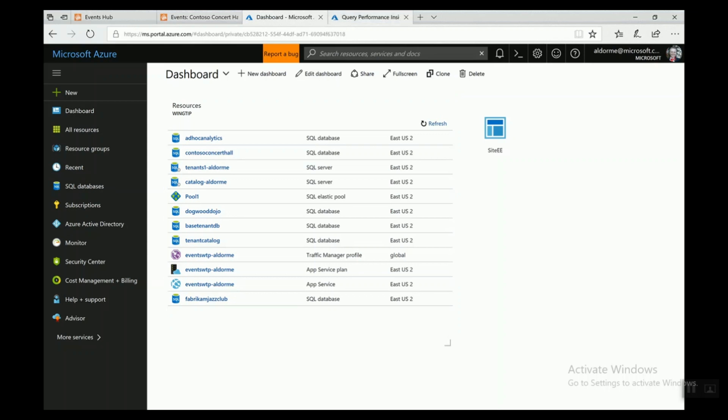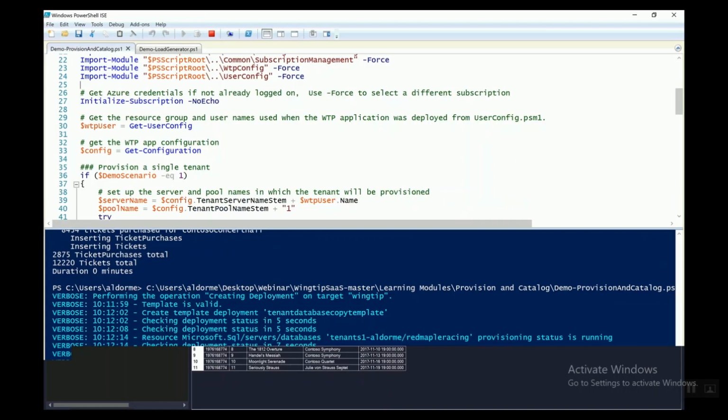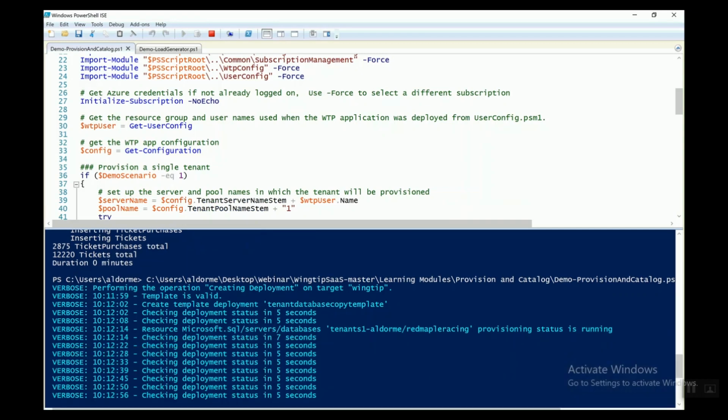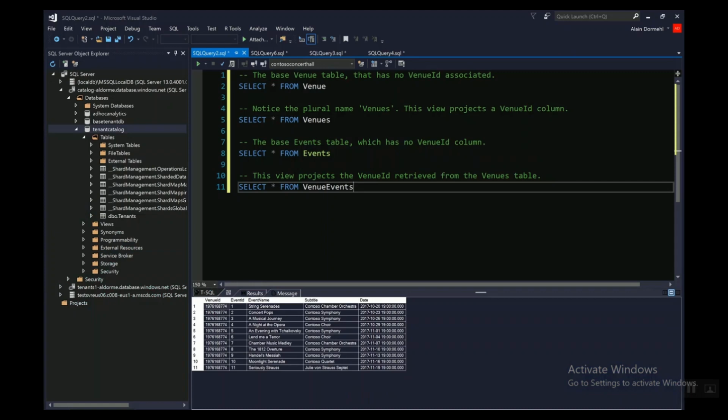But we'll move on anyways. We'll come back to that point. But it's as simple as deploying this PowerShell script to create an additional tenant for an additional venue that you can service tickets to. So apart from that, we're going to look at what are the advantages of running a